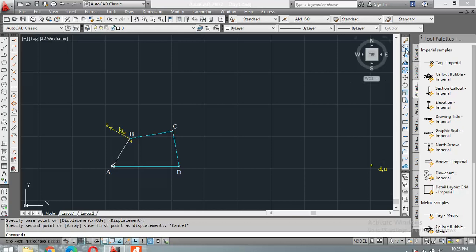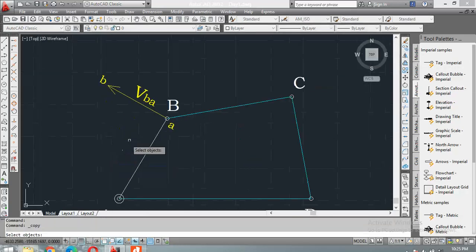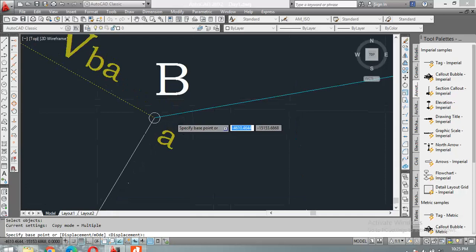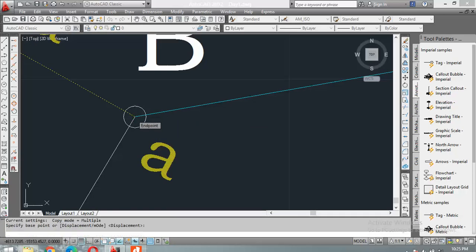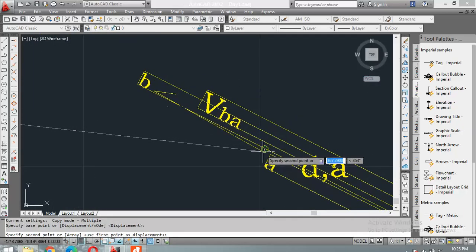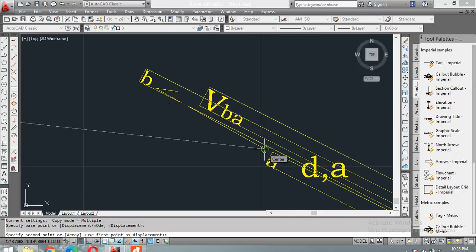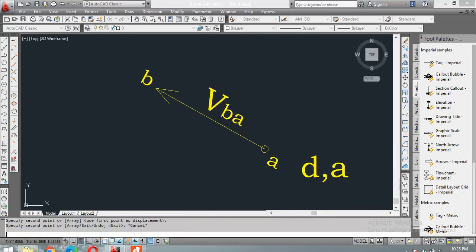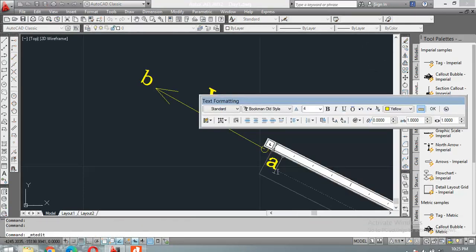So what we will do, we will shift this vector by picking point A in the mechanism diagram and pasting the same A point on the velocity diagram. So automatically the A point will appear here. And A and D are concentric points. So I am marking A and D concentric.